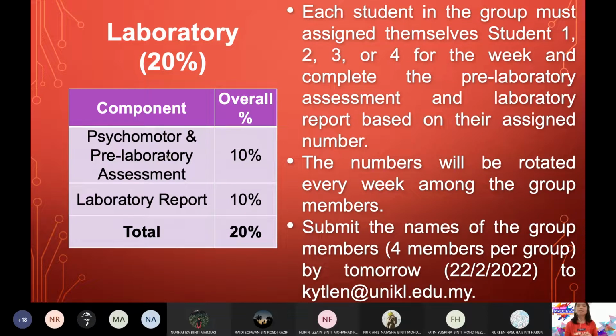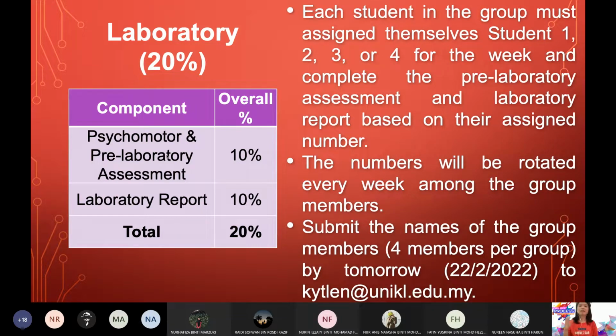So sama macam mini project, saya punya konsep yang sama. Saya tak nak sleeping group members. Same as lab report. Although you are producing one lab report of 4 members, tetapi lab report tu pun kamu hanya akan buat part kamu sendiri sahaja. Satu lab report tapi setiap orang ada part dia sendiri. Okay, so tapi berbeza dengan mini project.